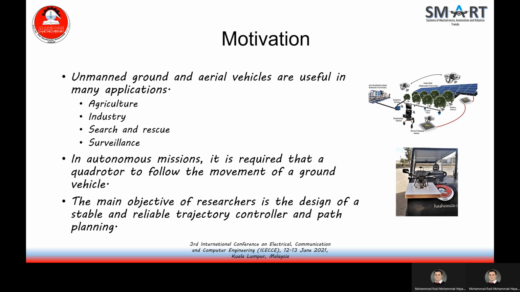We know that unmanned ground and aerial vehicles have been widely discussed in recent years. They are useful in many civil and military applications. Their ability of keeping humans away from dangerous and hazardous environments, as well as their flexibility and reliability, made them the means of choice in a variety of applications ranging from agriculture and industry to search and rescue operations.